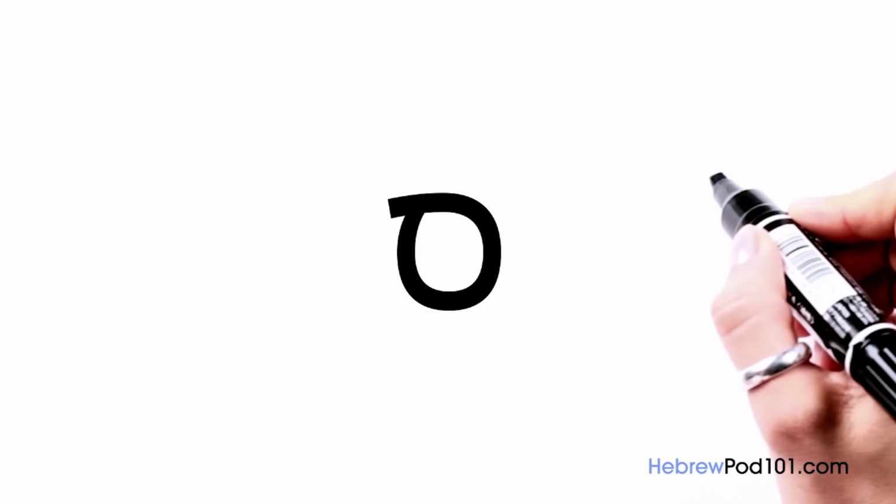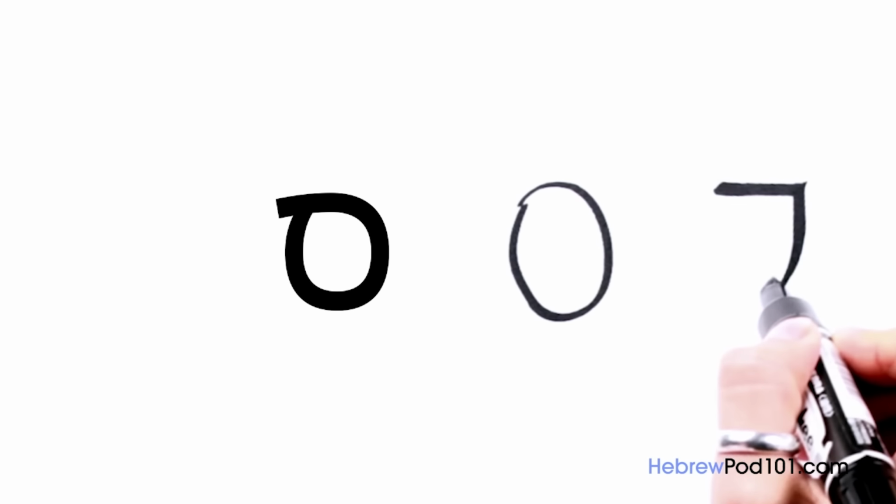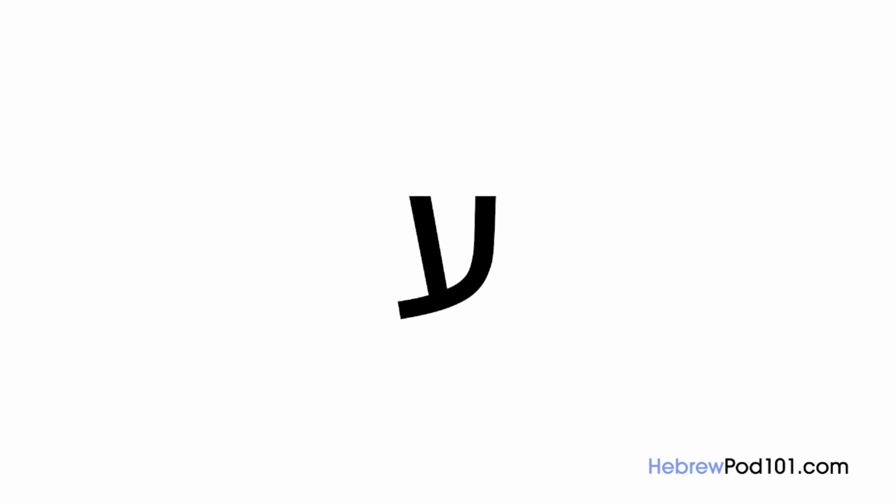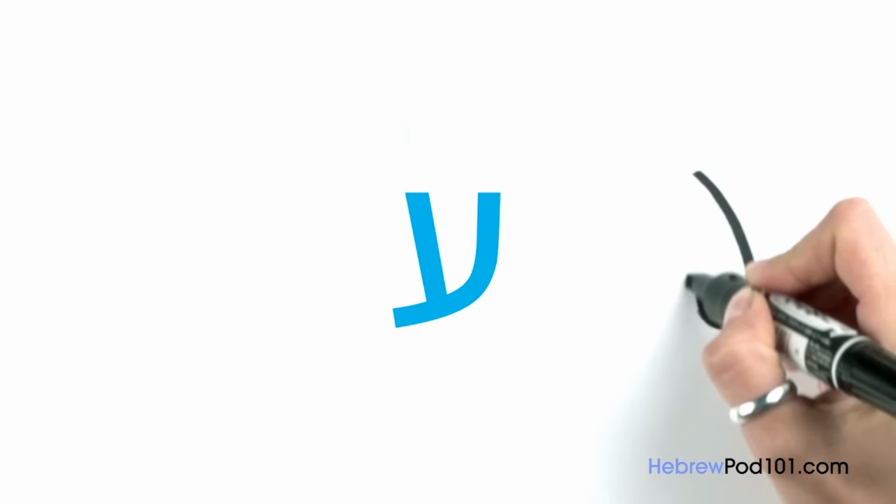Samech, which has an s sound. It looks like a circle. In print, it's a bit different. So let's go straight to the 16th letter Ein with the sound of A. And this is how you write it. And in print version,